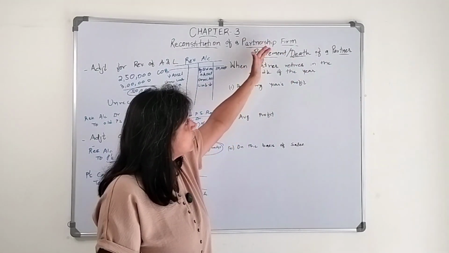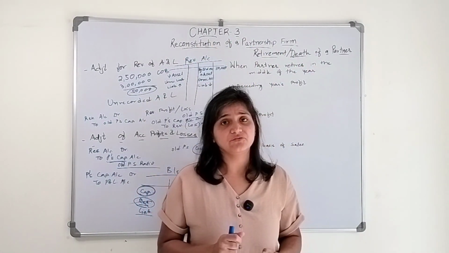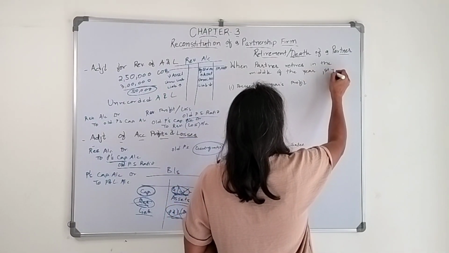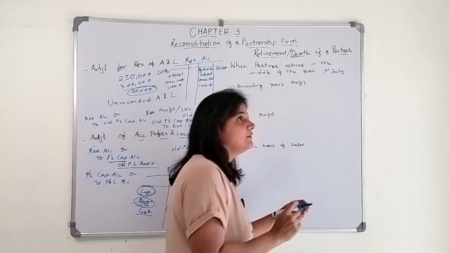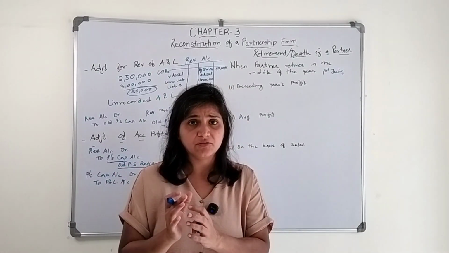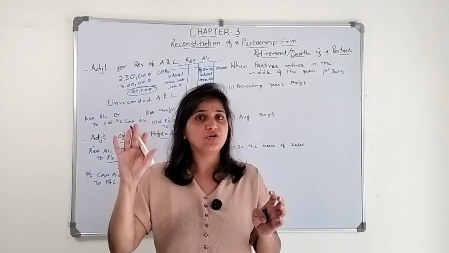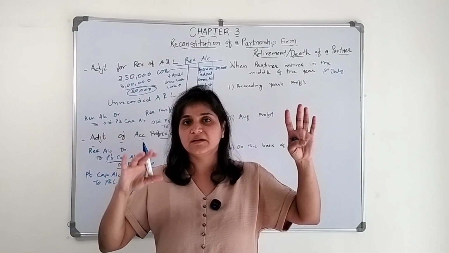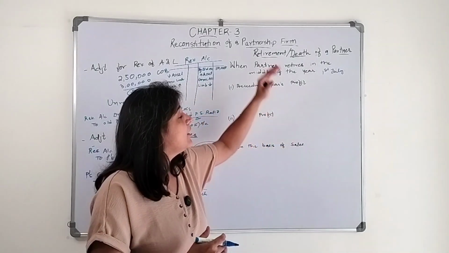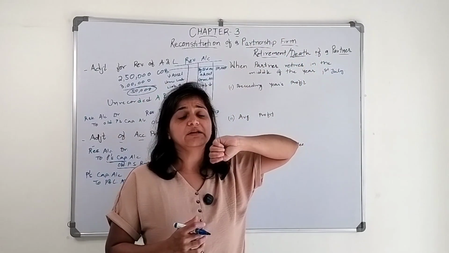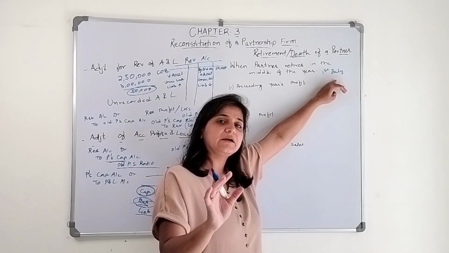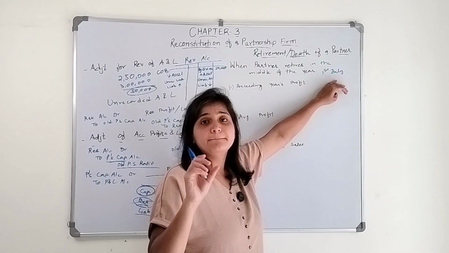But let's say, what if the partner retires in the middle of the year, right? Let's say the partner retires on 1st of July, okay? Now, it's difficult to calculate the exact amount of profit in the middle of the year, because the profit which we calculate belongs to the whole year. Sometimes the sales is good, sometimes the sale is not good. It depends on particular situations and market conditions, right? But what if he retires in the middle of the year? How to give the profit to that retiring partner or the deceased partner in the middle?